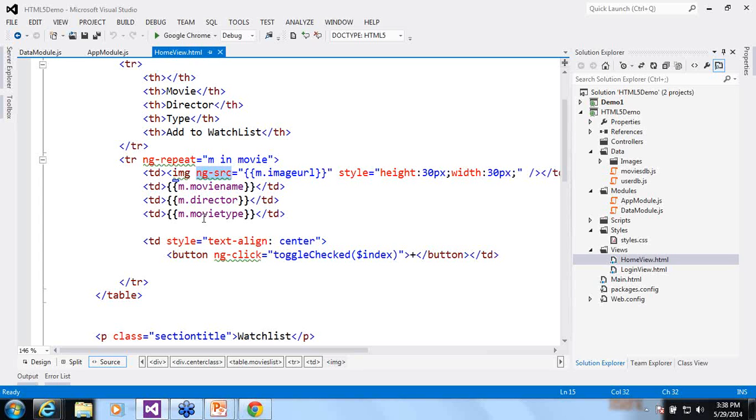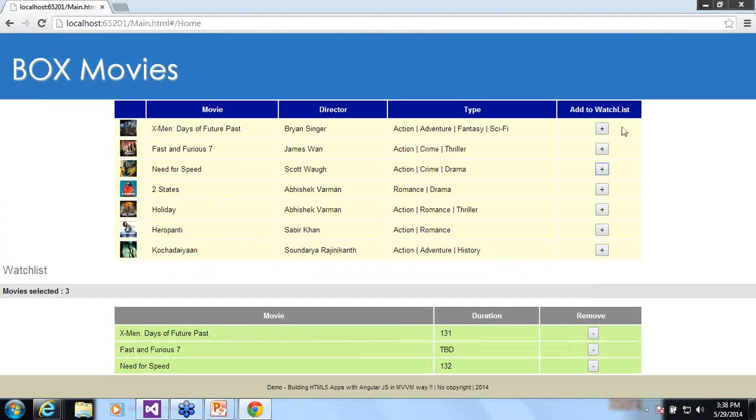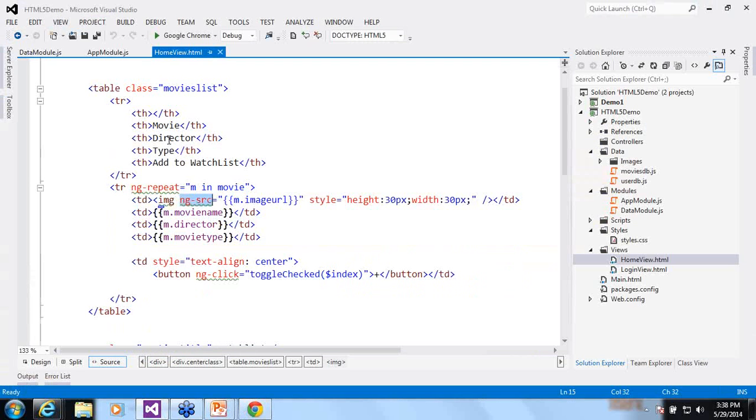So this is very clear. For our complete movie list, we are writing just the HTML code, and the ng-repeat directive is allowing us to iterate over every object in the movie array and show the items.